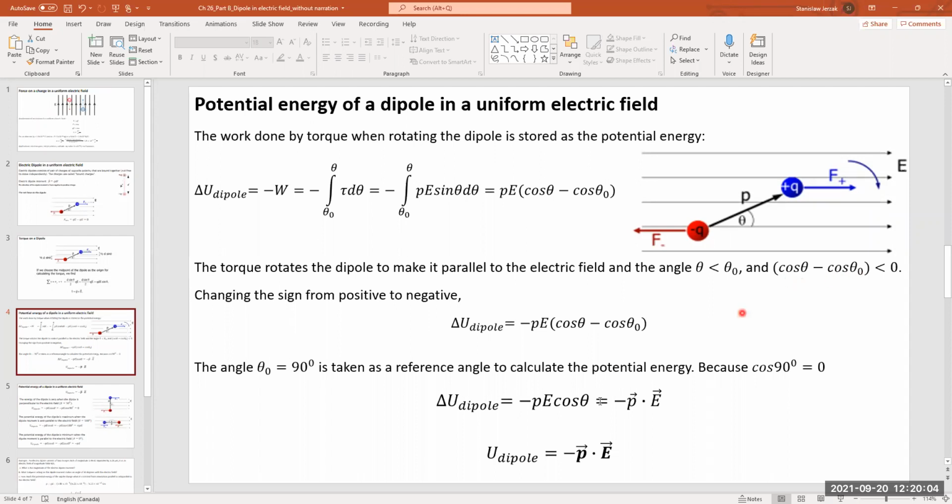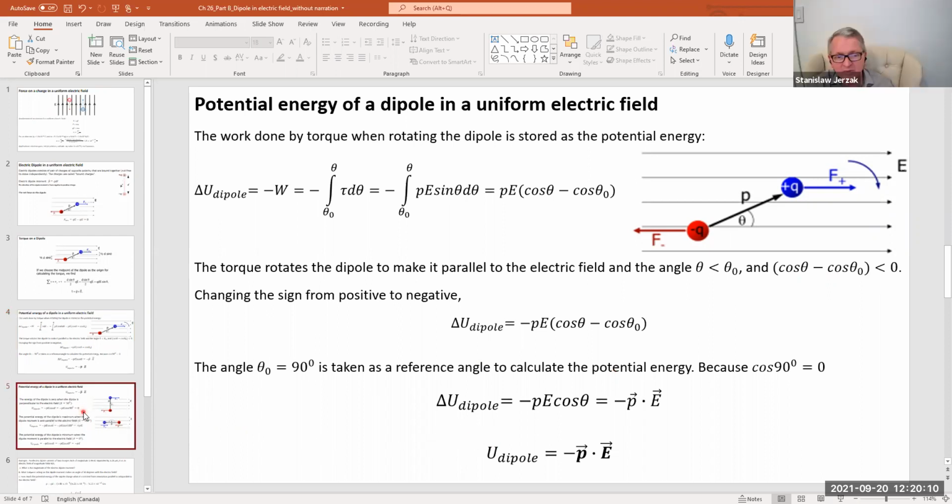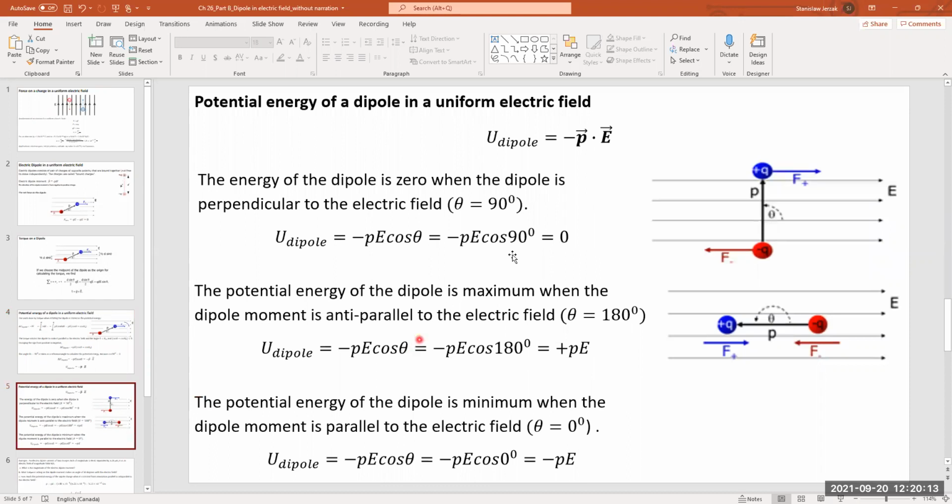But then on the second page, using the formula of the energy that we derived for the dipole, U is equal to negative P E cos theta, how would there be, like, no movement? Because if we said theta naught was 90, but now we're saying theta is also 90, then there was no